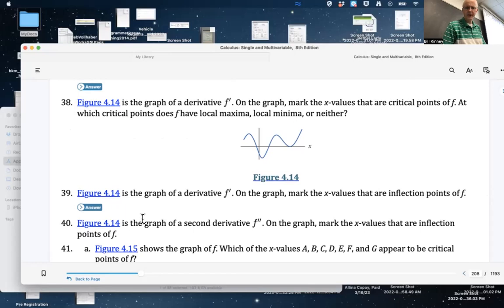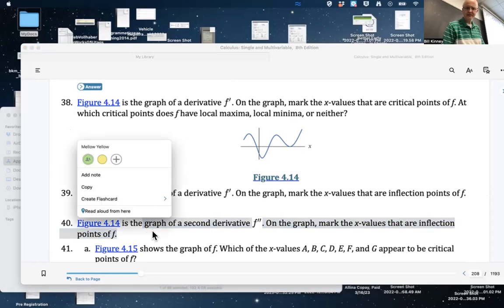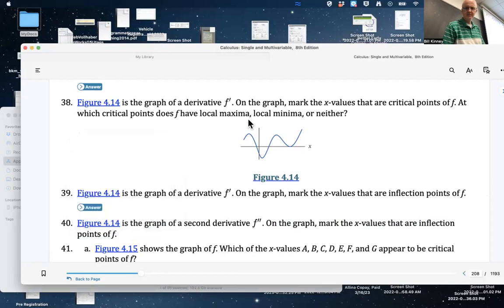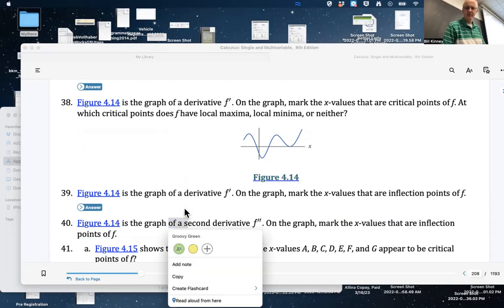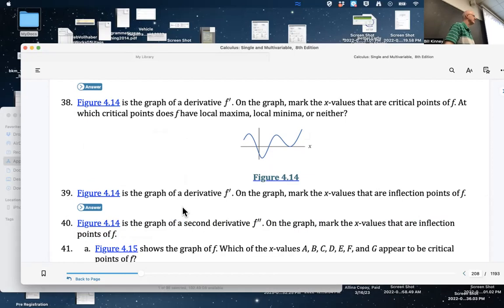In problem 40, the same figure is the graph of the second derivative. So we were looking at 38 here. Figure 4.14 is this one. In problem 40, they say that's the graph of the second derivative. Mark the x values that are inflection points of f. It's not where f prime equals 0. Inflection points of the original function